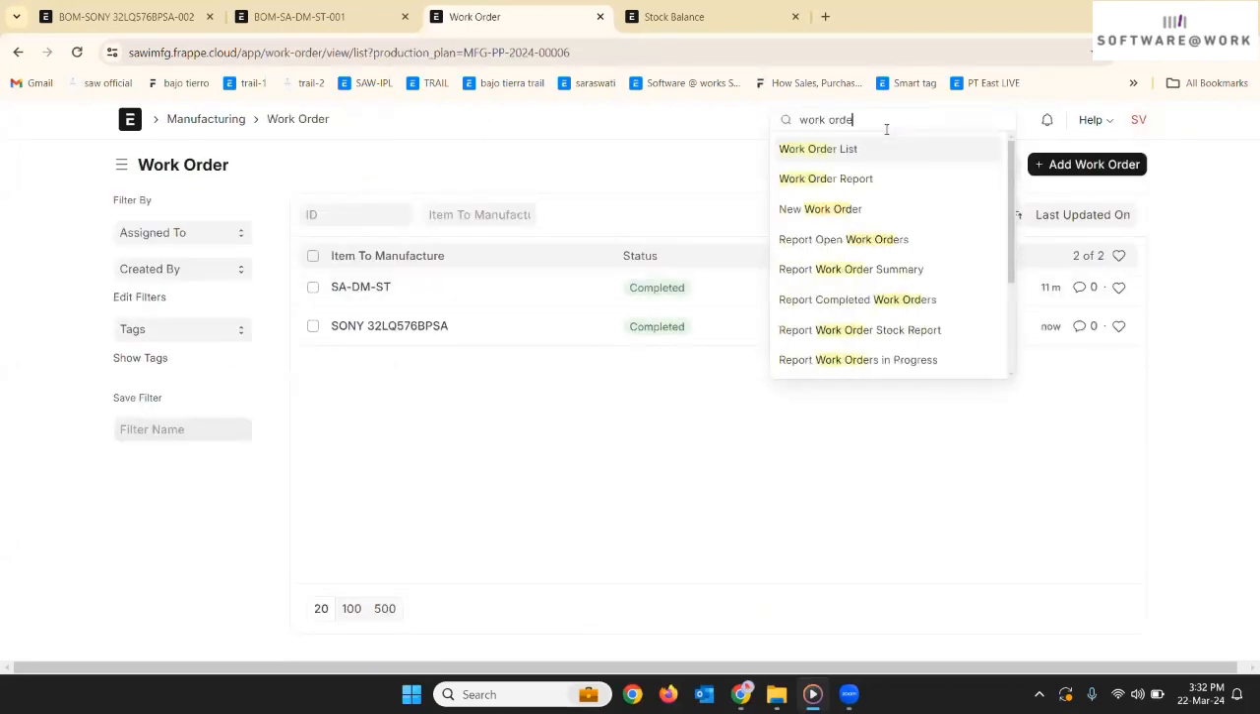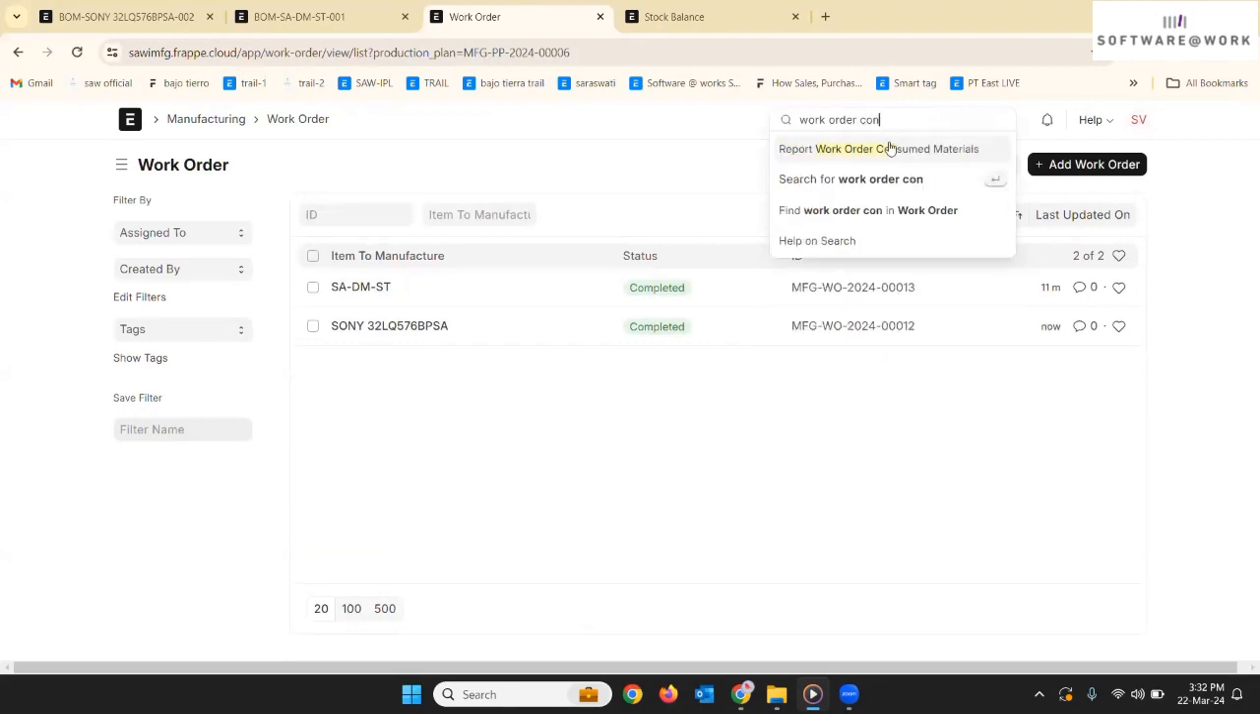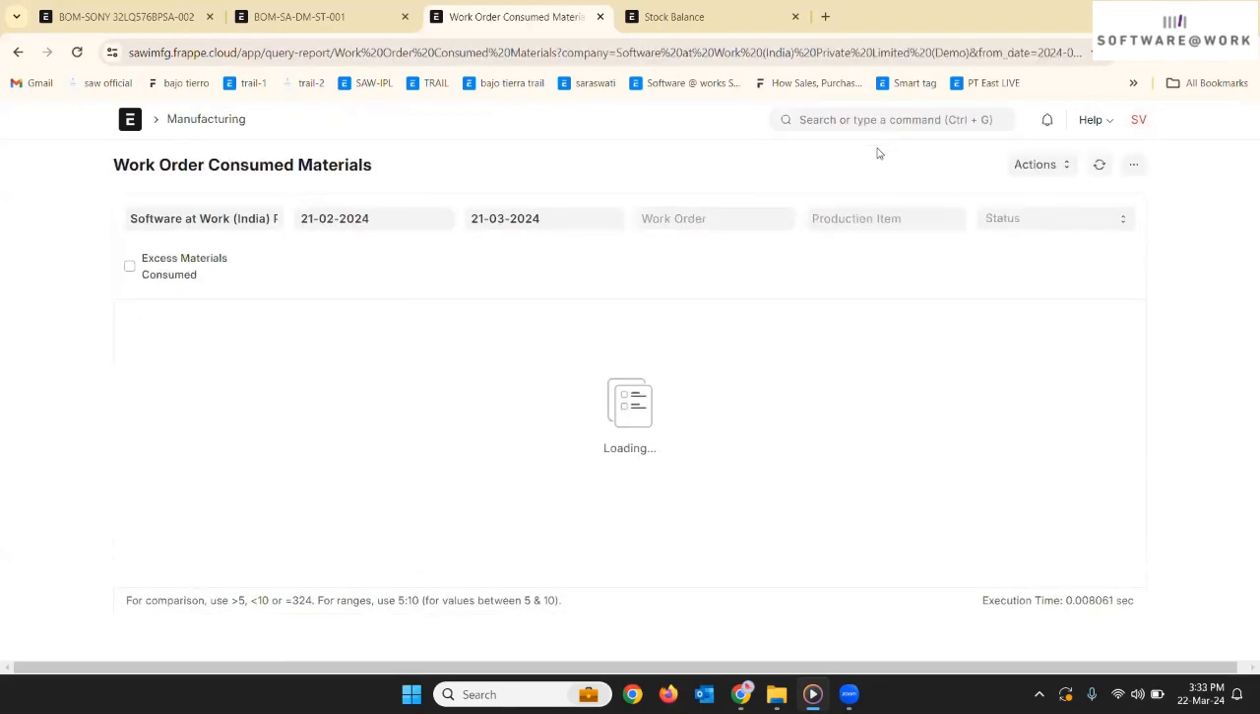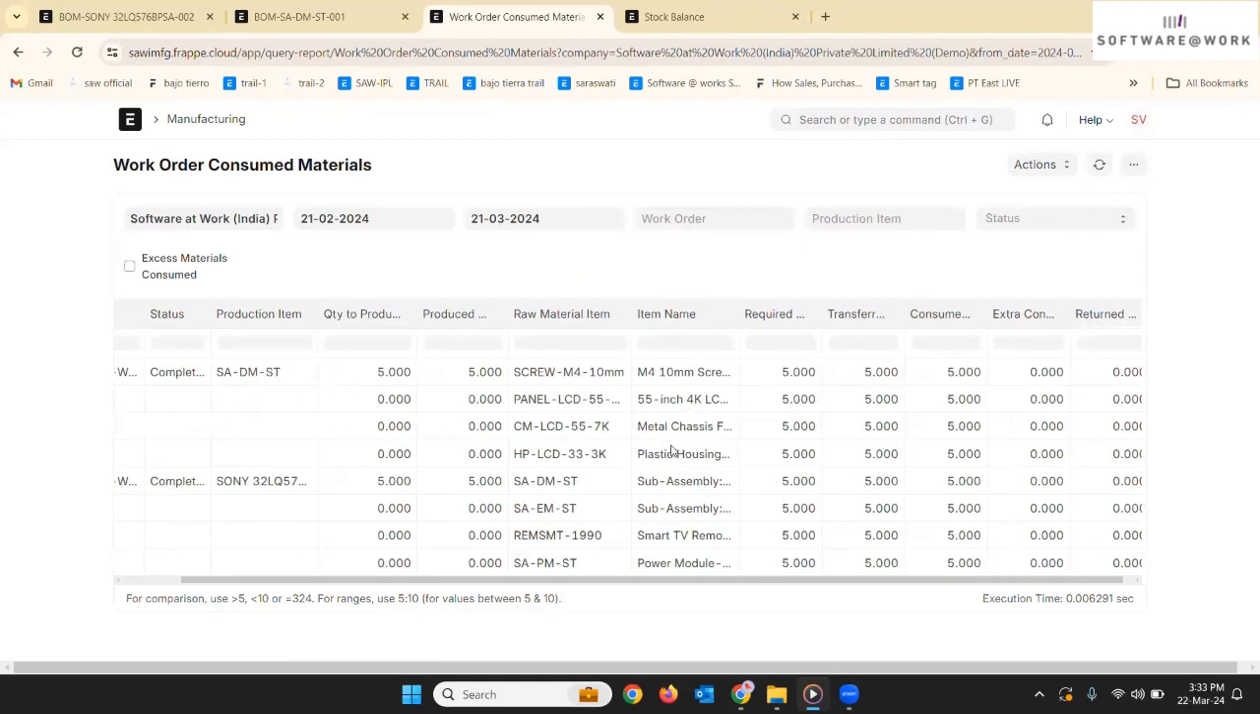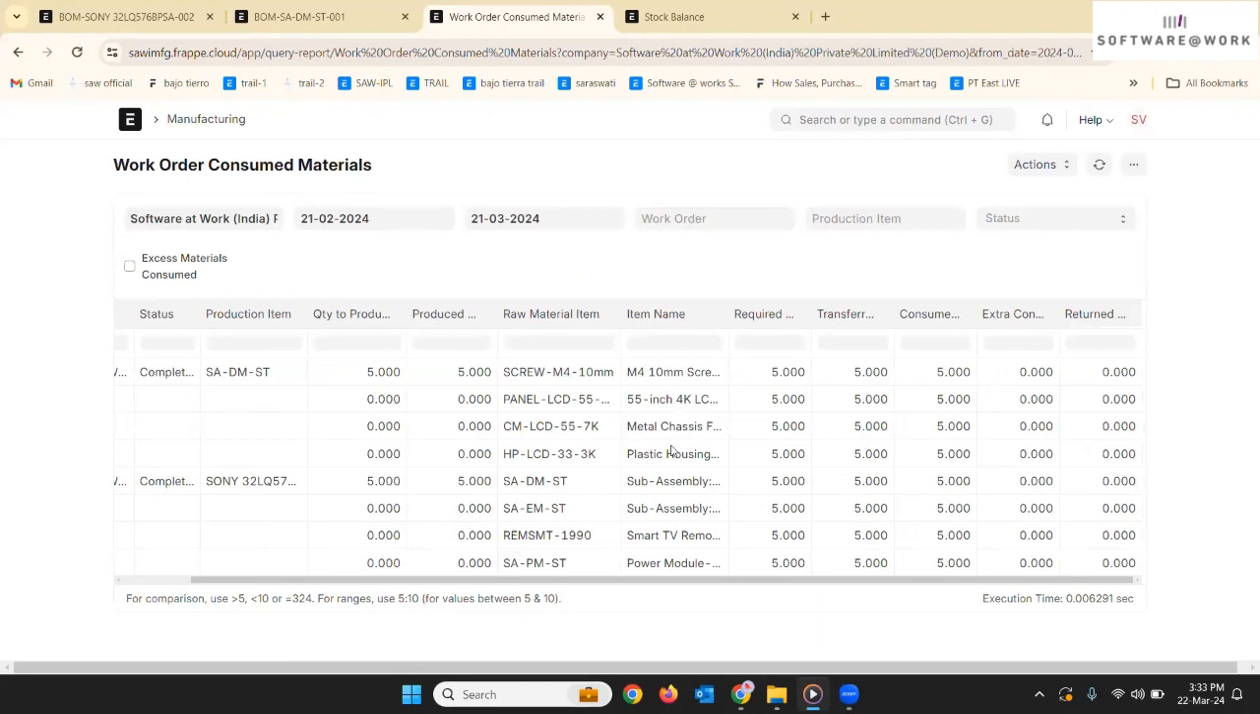Let me show you one of the final reports from my side, that is work order consumed material. So against a work order, which raw material you have consumed, it will show. It will show you how much was required, how much you have transferred, how much you have consumed, and if there is any extra consumed or some extra returned by the shop floor people. So that also it will show you in this report. So this is also one of the key reports in the